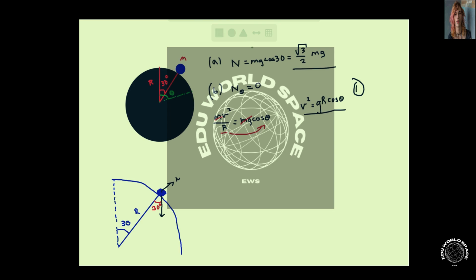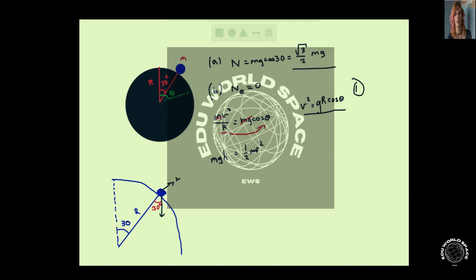The next thing we can say is that we know energy must always be conserved. Since the ball starts at rest on the large sphere, it has an initial kinetic energy equal to 0. However, it does have gravitational potential energy with respect to the second position, which we can take to have 0 gravitational potential energy. So we can say that the change in gravitational potential energy is equal to the change in kinetic energy. And as a result, we can create the expression that mgh, which is mass times the gravitational constant times the change in height between the first points, is equal to 1/2